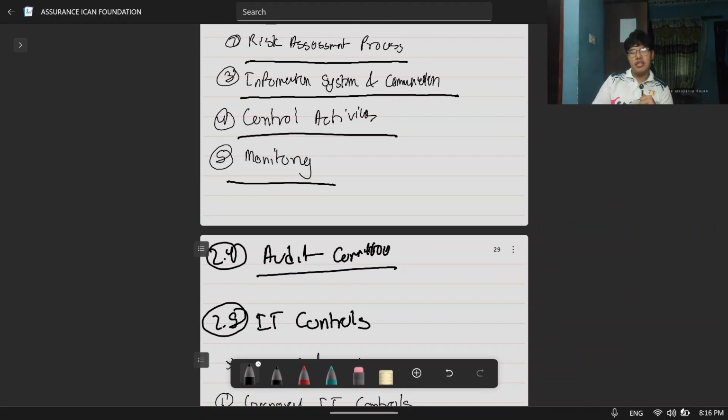Audit committee is a subcommittee of the board, and it must have a minimum of 3 or more members, and it must be chaired by a non-executive director, and an audit committee must be formed. It's compulsory for public companies as per the Income Tax Act 2063, section 165.